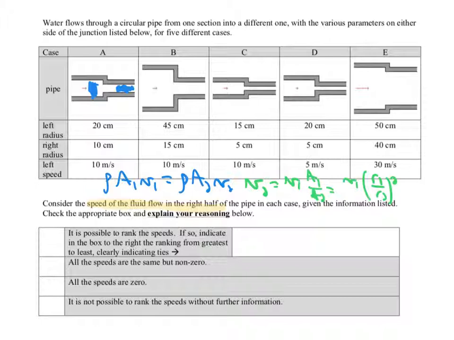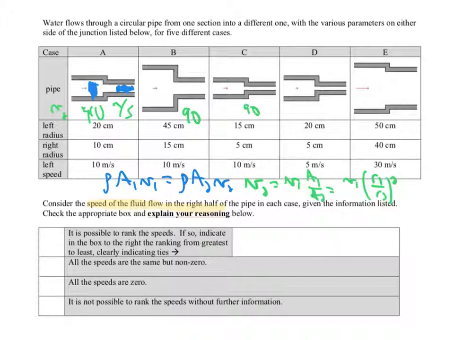So our original velocity in A, for instance, was 10, and the ratio is 2 to 1. So the new velocity would be 10 times 2 squared, or 40. Call this V2, would be 40 meters per second. And then likewise for B, we have a ratio of 3 to 1, so that's 9 times as large, so this is 90. And here we have a ratio of 3 times as large, so that's 9 times as much,